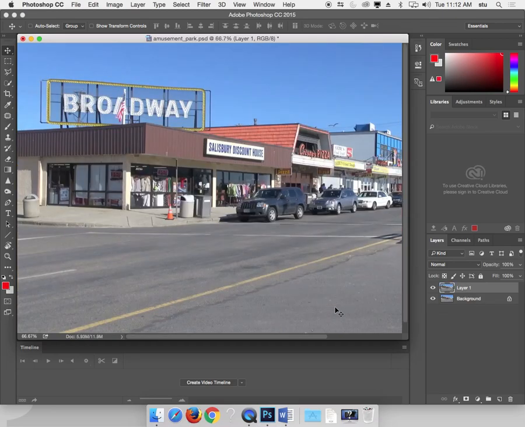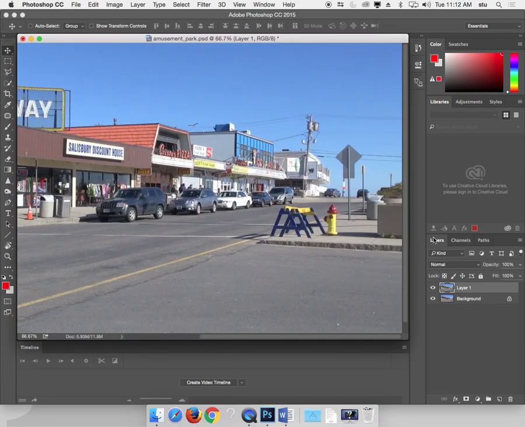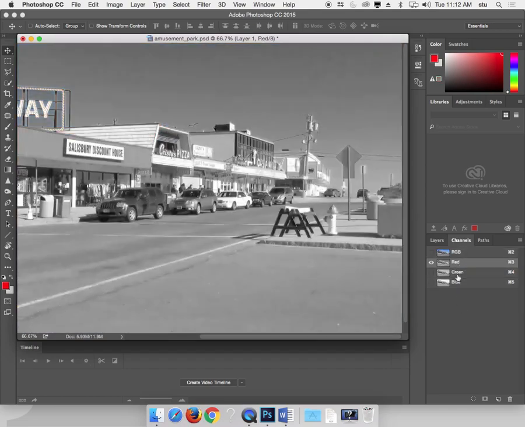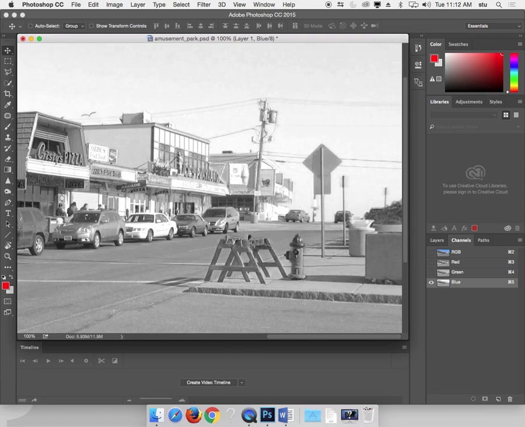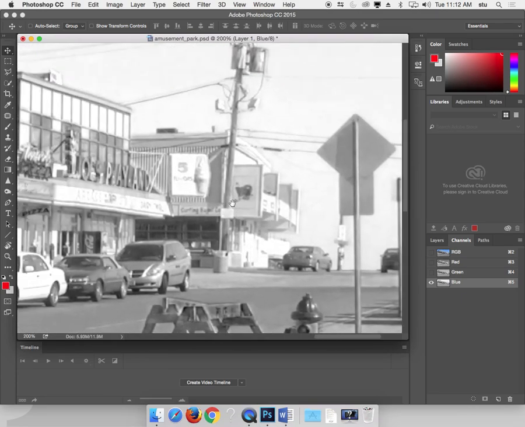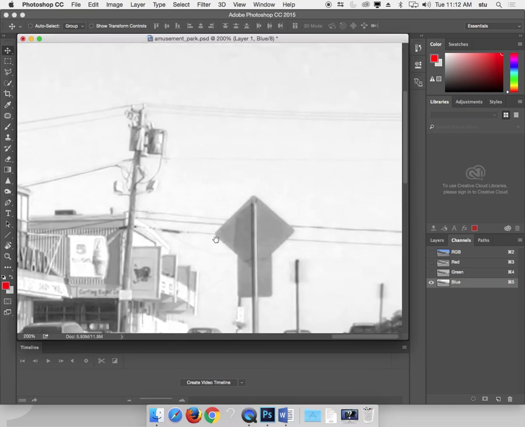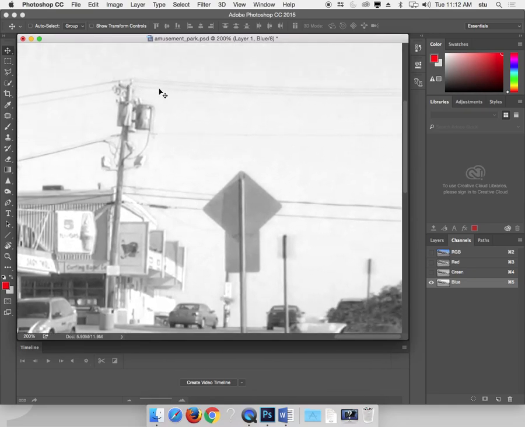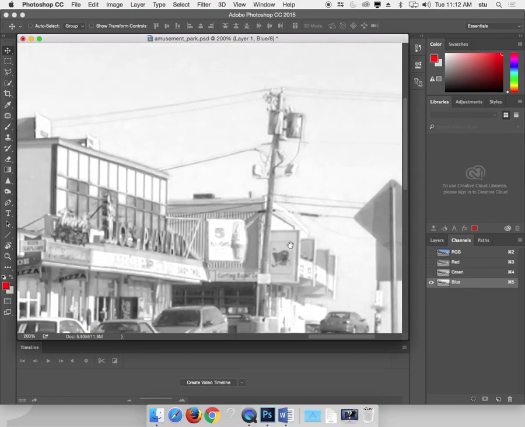And now I got to deal with the sky. So to pull a sky key here is going to be a challenge, but I'll give it a whirl. Looks like blue is my candidate. However, as we get in here, we can see where a lot of that's not going to work. Any white buildings or reflective glass is not going to come along for the ride, but some of the important stuff, maybe I can even rescue some of these cables. More than likely, I'll be putting them back in manually. I got to remember that there's a little sign here because that's going to probably get keyed out,